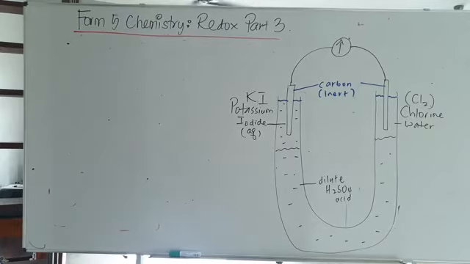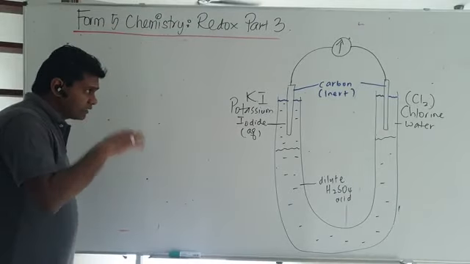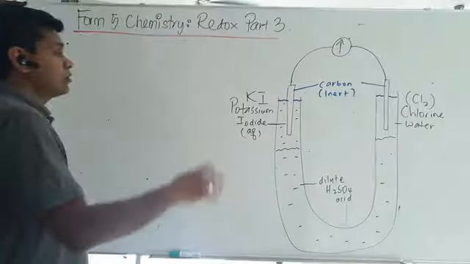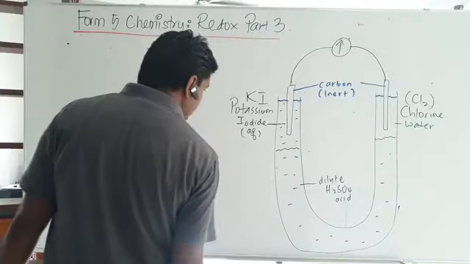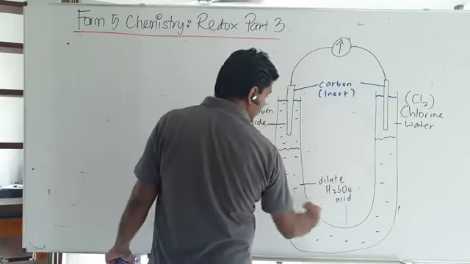Okay, guys, let's go back to our Redox chapter part 3 now. I'm giving you another example, which is also an exam question. So this is how we have chlorine on the other side. This is a U tube. And again, I'm telling you, you must always use dilute